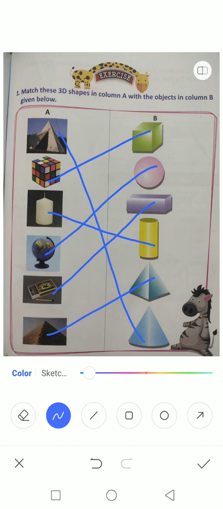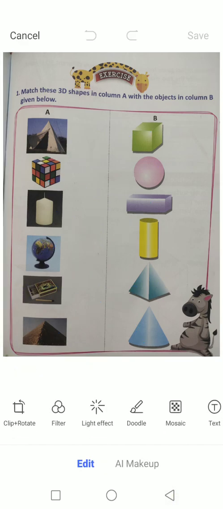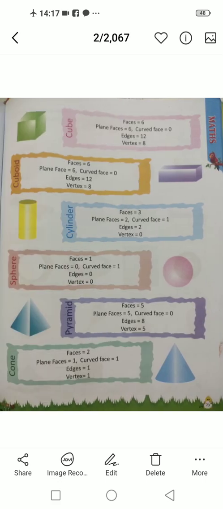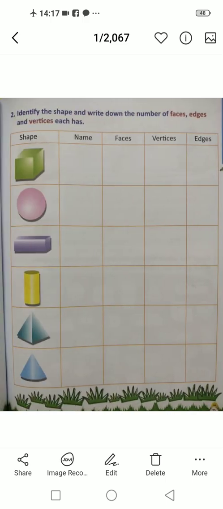Now, all of you turn to page number 75. Dear students, you can find shapes and you are asked to write down the number of faces, edges and vertices.